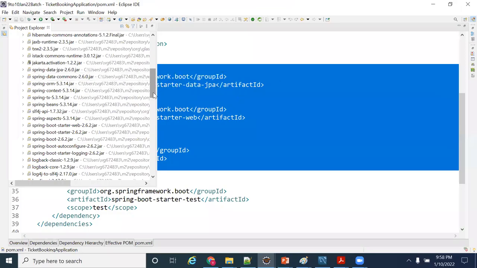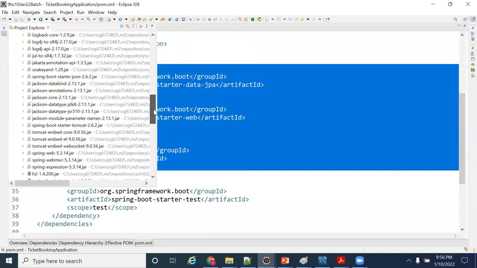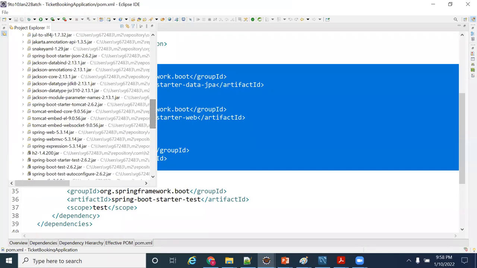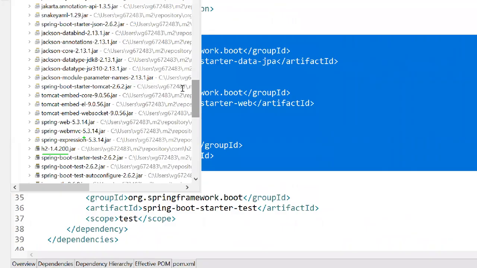All the jars, it will take care of automatically. Yes, this is what I'm looking at, the H2 jar. So that's what I told, right? Spring versus Spring Boot: you need not worry about downloading the dependencies. If I write in my pom.xml, it will be taken care of automatically. So all the jars will be downloaded.